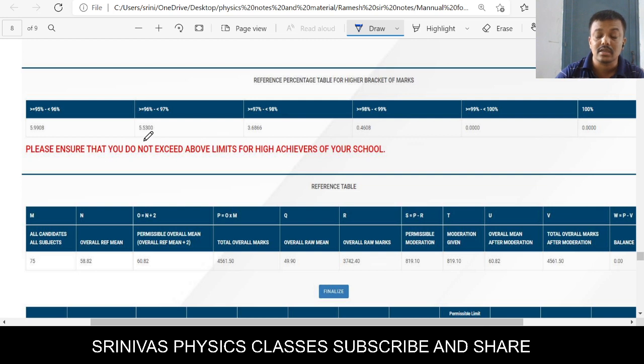Okay, in the last historical performance, the best result that CBSE gave, in that CBSE-provided historical best result, how many students are there above 95? That many students should be there. Above 96, how many students are there? That many students should be there. If above 95 nobody is there, then it should be 0, 0, 0, 0, 0.